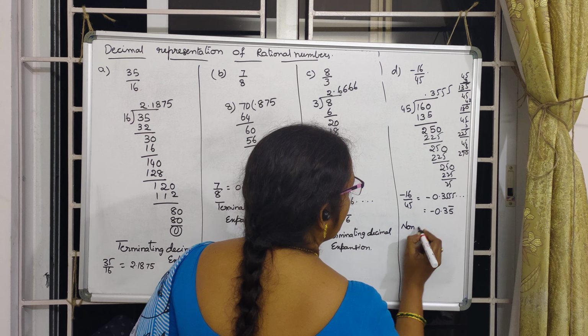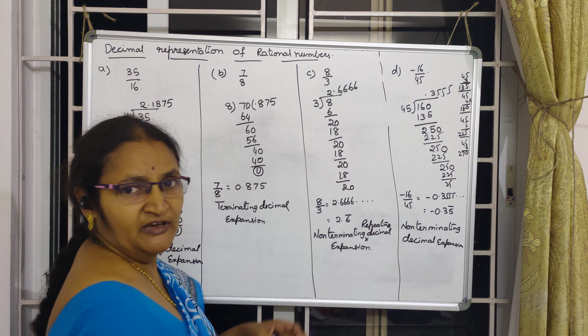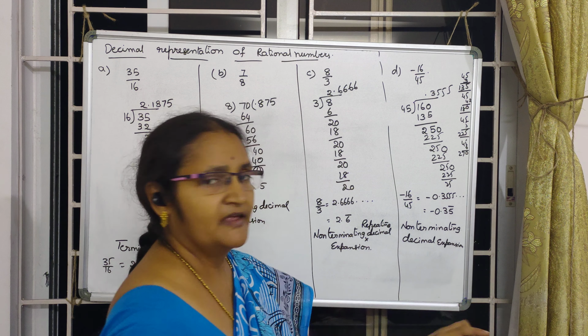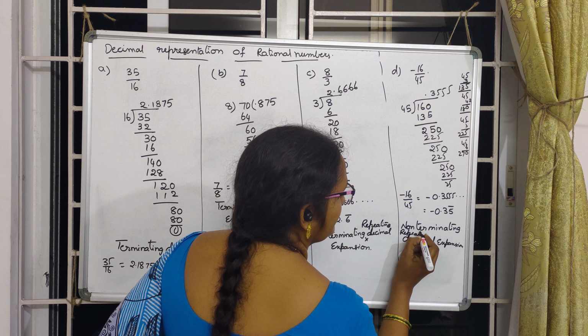Here once you check it out, all of them are rational numbers. Certain rational numbers have terminating decimal expansion and certain rational numbers have non-terminating decimal expansion, and one more word also. This division is not at all stopping, and here the quotient after certain time is repeating. So these we name as non-terminating repeating decimal expansion. Here repeating means a certain number keeps on repeating. In this example 6 is repeating. In this example 5 is repeating. So this is also non-terminating repeating decimal expansion.